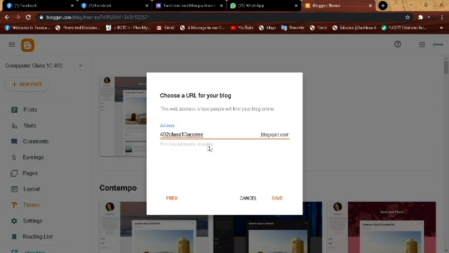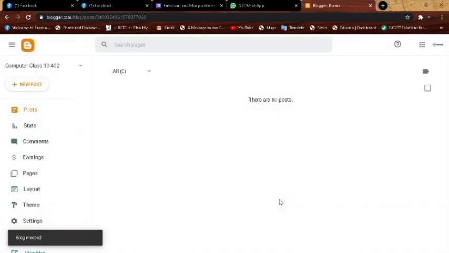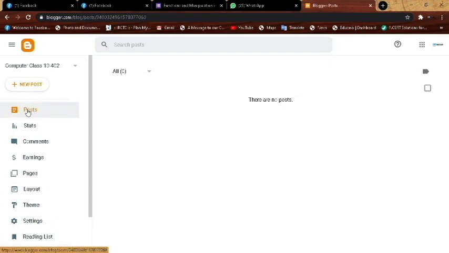So this blog address is available. Then afterward you have to save it. Now you have your own URL for this blog. Now afterward the first post will show you how many posts you have. So this I am creating now, so still now I don't have any post here, that's why it is showing there are no posts.